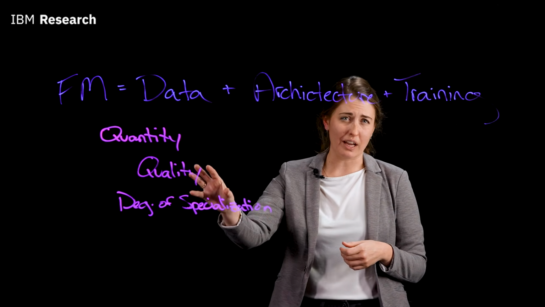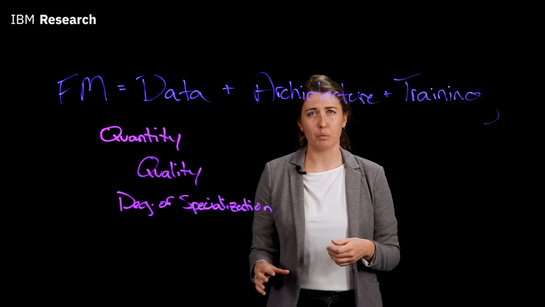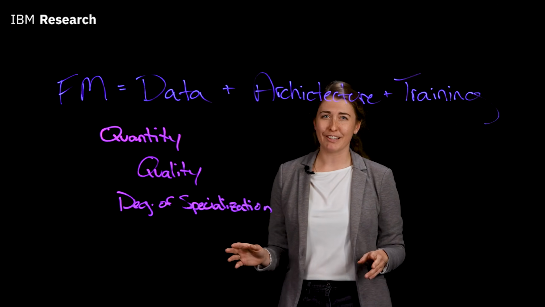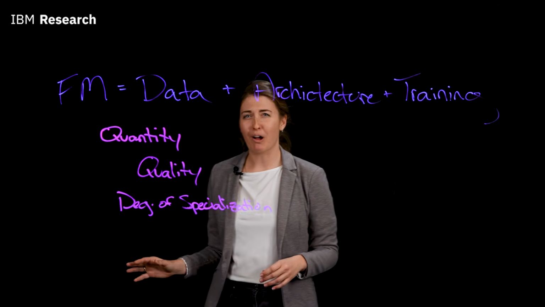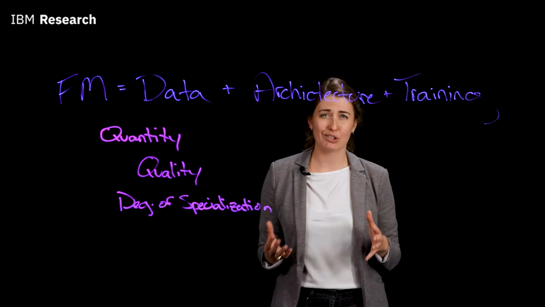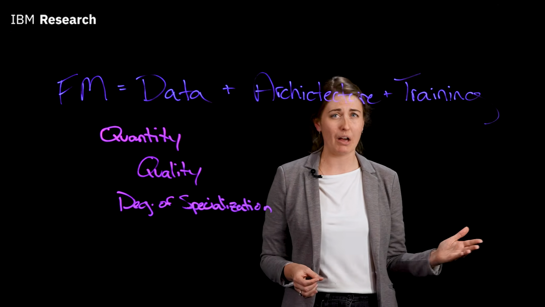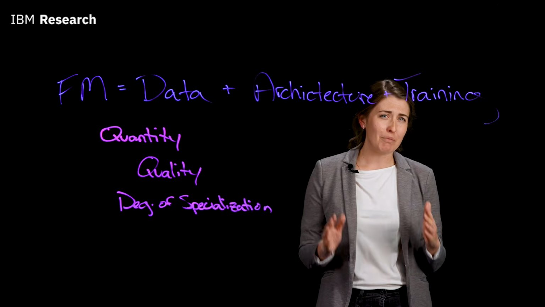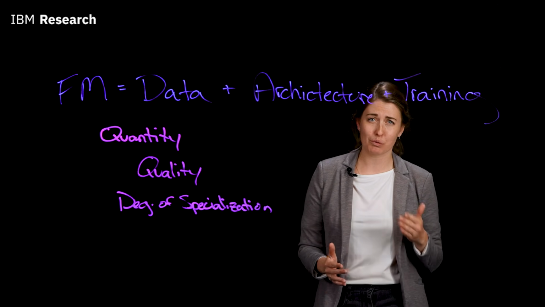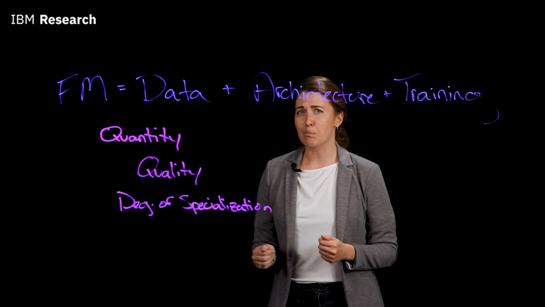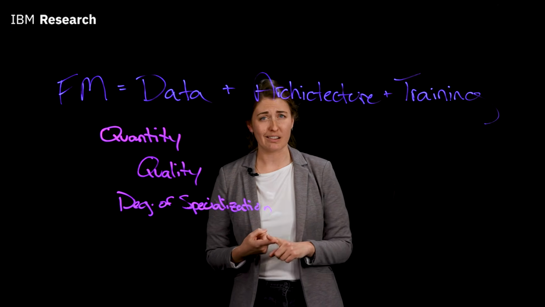The quality of your data is also going to be incredibly important when we talk about model trustworthiness. It's just like machine learning. If you have a poor input quality of your data, you're going to have a poor quality model output. If you have biased training data, you're going to have a biased model. But unlike traditional machine learning, there's so much data to sort through. It is really hard to verify the quality of your data. And that's why it's important to be very careful of where the data is coming from.